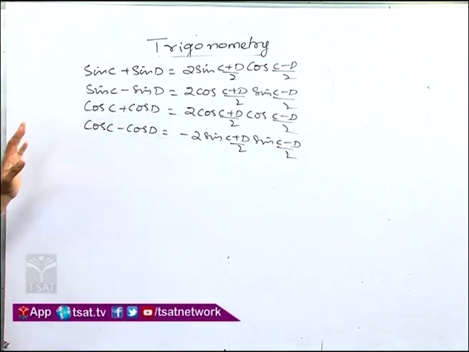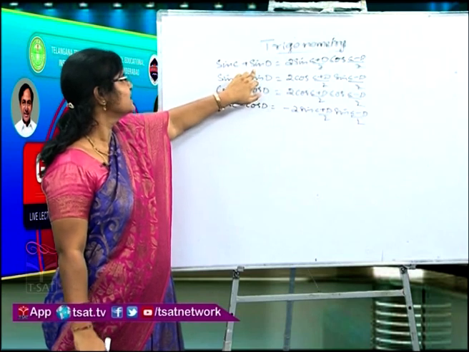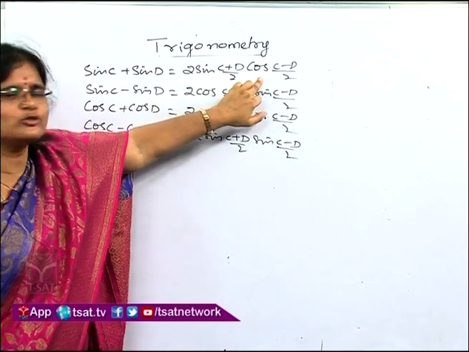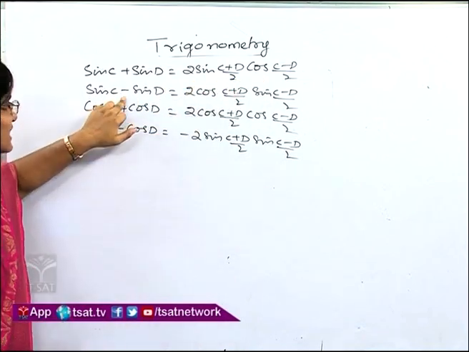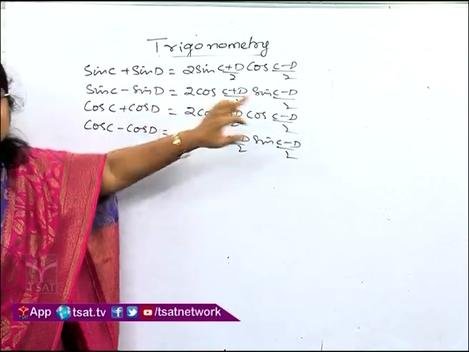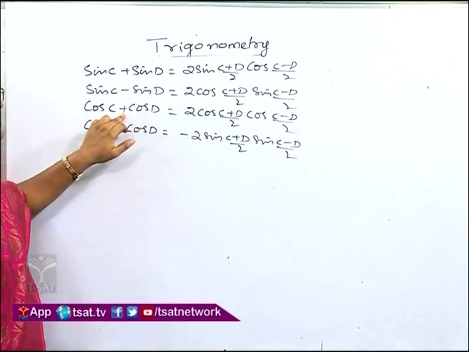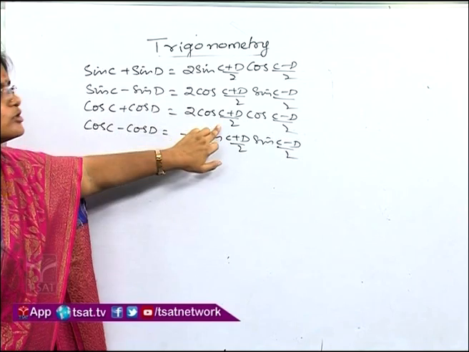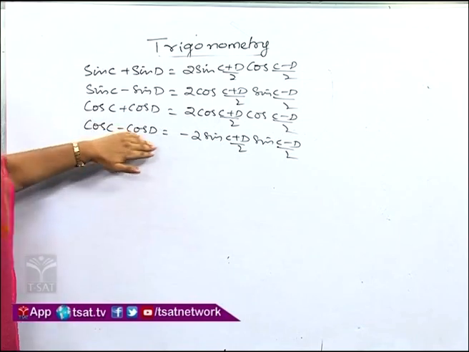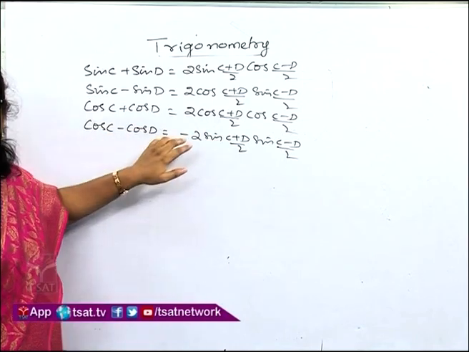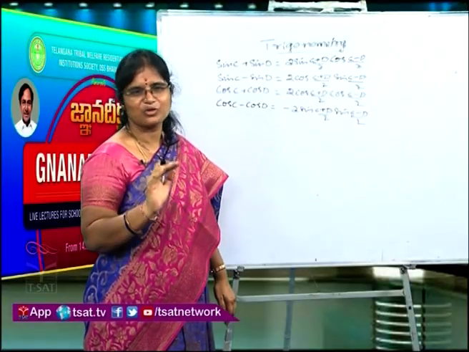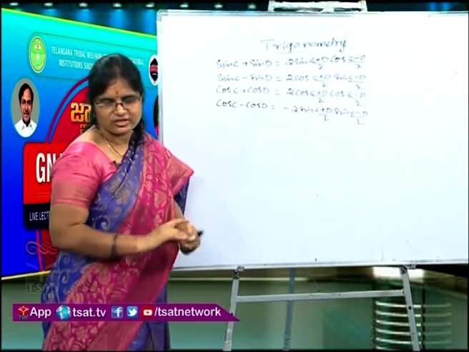Here also you should follow some clue, children. Sin C plus sin D: sin is always a combination of sin and cos, I said already before. So, 2 sin((C+D)/2) cos((C-D)/2). If it is minus, first you write the cos term: 2 cos((C+D)/2) sin((C-D)/2). Cos C plus cos D, both are cos and in between plus is there, so you will get both cos terms: 2 cos((C+D)/2) cos((C-D)/2). And cos C minus cos D means 2 sin terms, and before that you will get a minus sign. Every formula you should remember with some logic, then only you will remember it, children. Okay. Next, if you observe